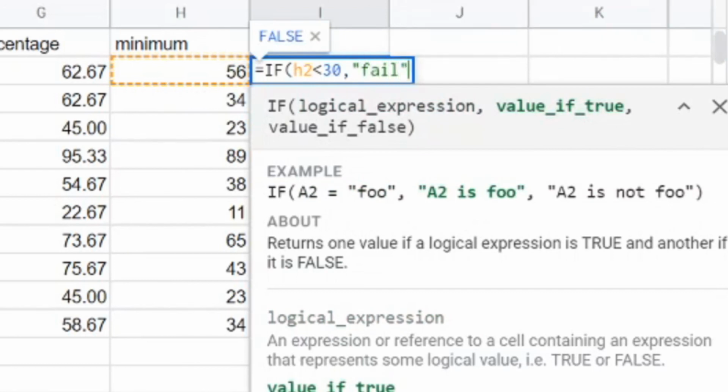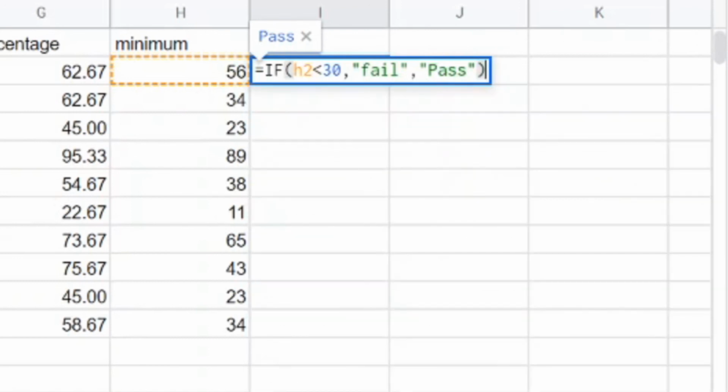Okay, again comma, then if this condition is false means he or she have got more than 30 in every subject, so we will write pass, then bracket close, then enter.